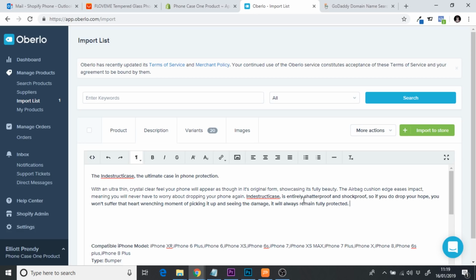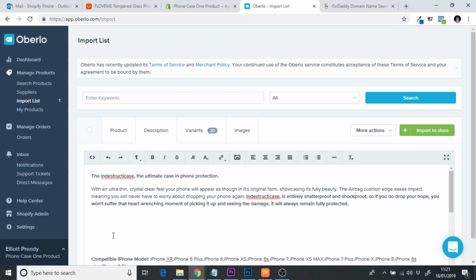we will have that moment like, oh my god, when I pick this up, is it going to be screwed? Is it going to be smashed, or is it going to be chipped? And because we're saying it's shatterproof and shockproof, people won't face that moment ever again. They can drop their phone and they don't have to worry about it. So we're just going to list the last few benefits, and then we are pretty much done with our product